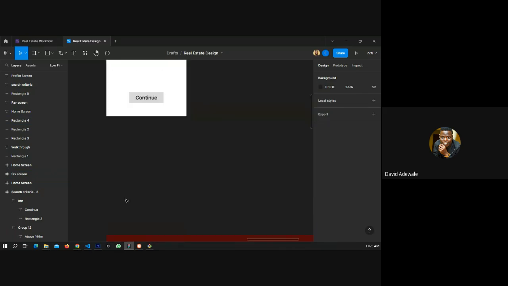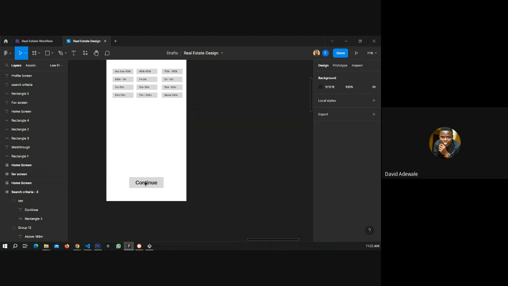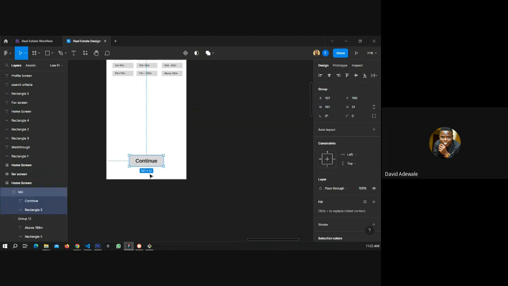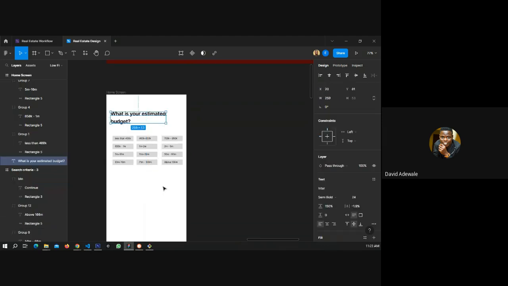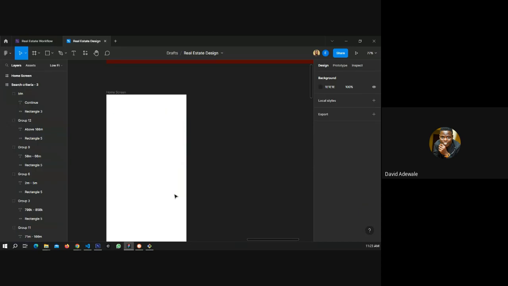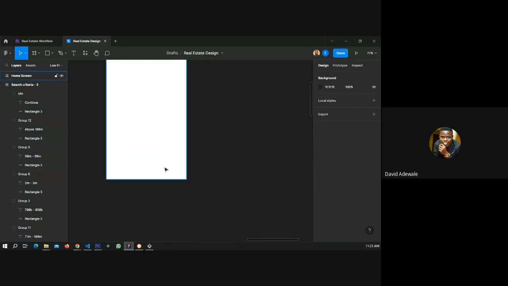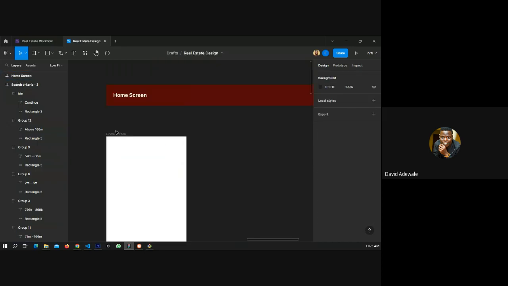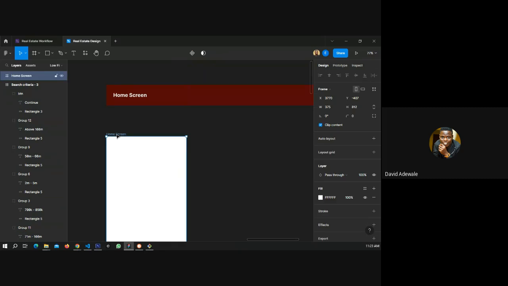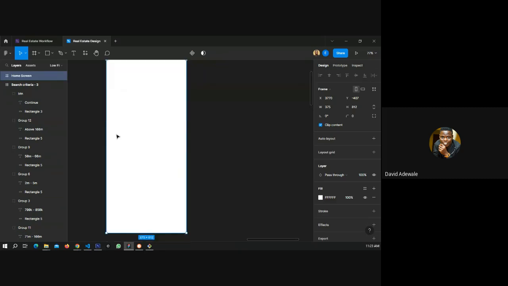Okay, first things first, I want us to have the bottom navigation. All these guys are not needed again. Remember, we are still on this screen. Just make sure you maintain your screen size, your frame size.